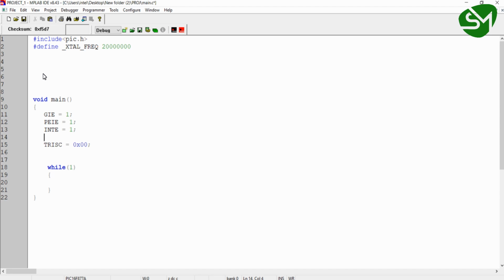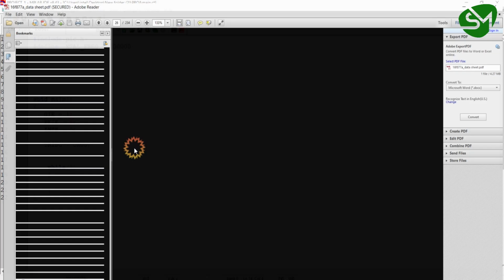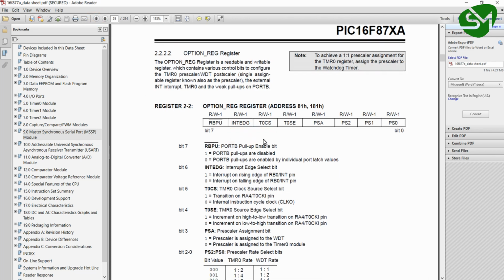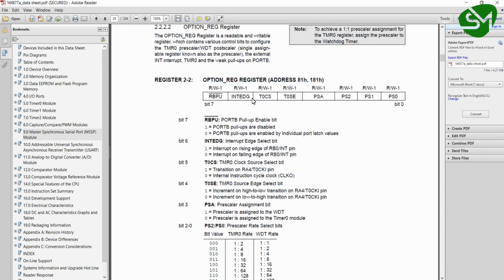Before that, I forgot one thing. In the option register, you can see this sixth bit INTEDG, the interrupt edge select bit. If this bit is 1, then the interrupt event will occur on the rising edge of RB0, and if this bit is 0, the interrupt event will occur on the falling edge of RB0.